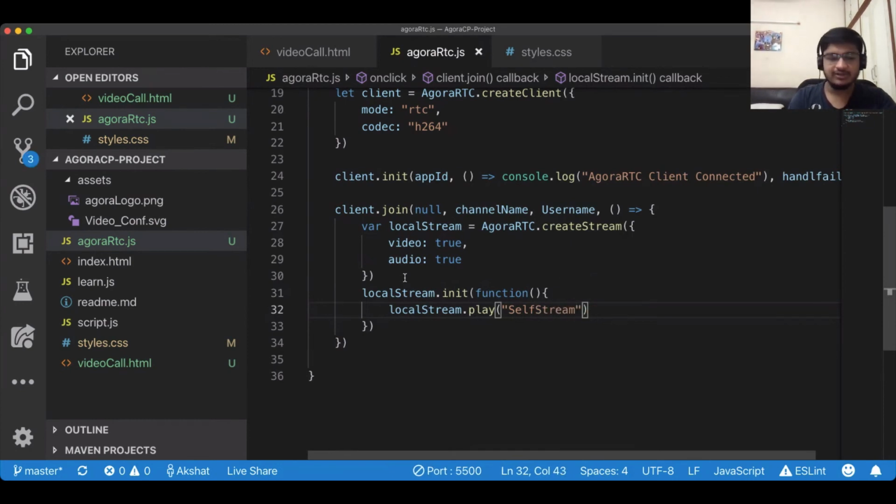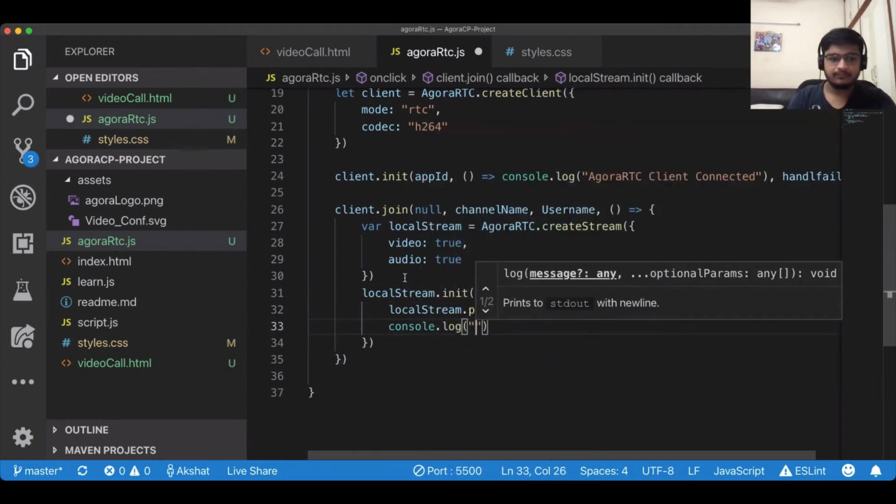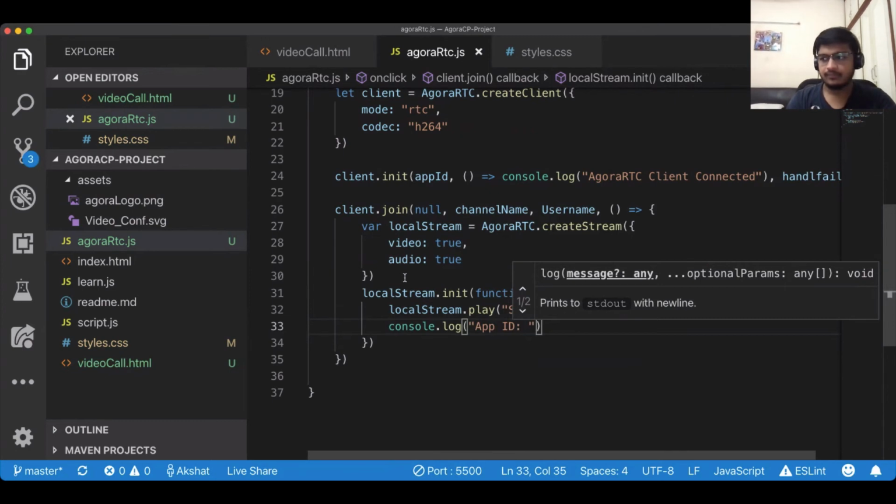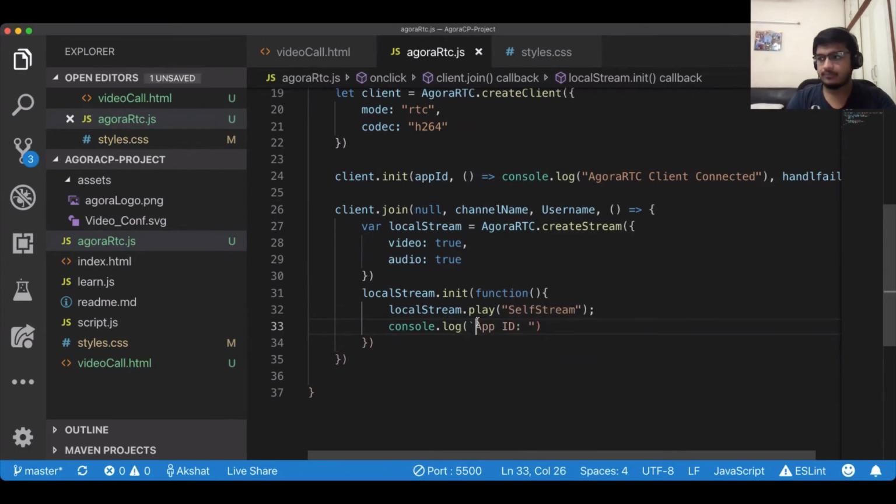This is again an Agora function. Console.log, say app ID, and I'll put the app ID. Yep, so I've put the app ID.